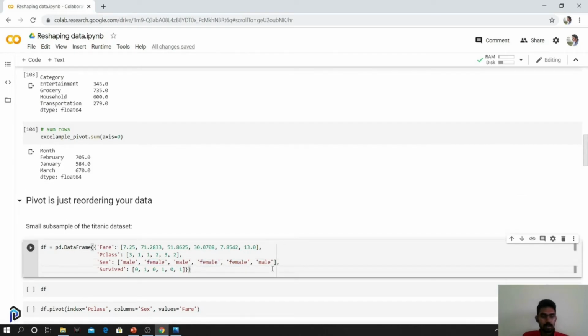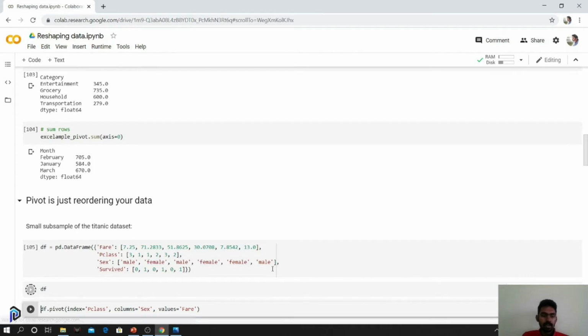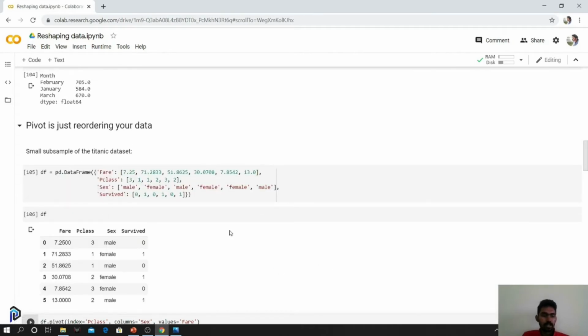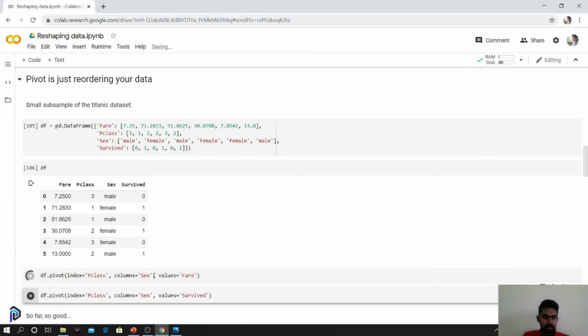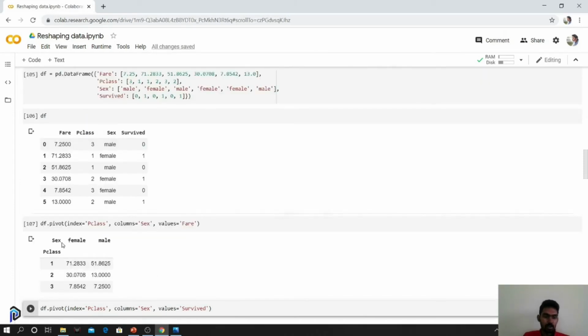Okay, fine. So let's take a subsample of the Titanic dataset. This is the dataset that we have. We can create another simple pivot, where this time we'll have the index as pclass. So this would be the index that we'll be having. We have one, two, three unique values, so that will be three rows, and for columns we are having sex. So we'll be having male and female. Totally we will have a 3 cross 2 table with values given.